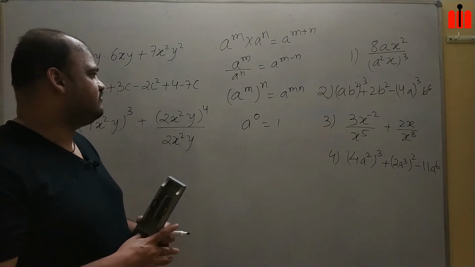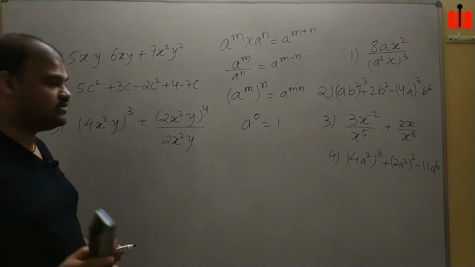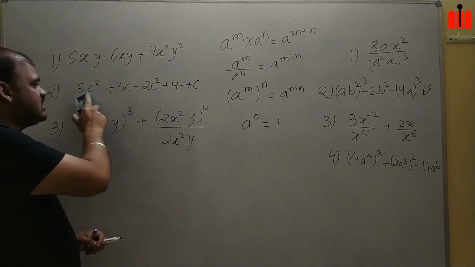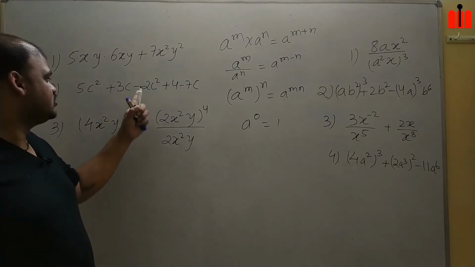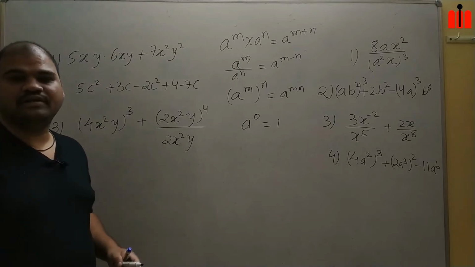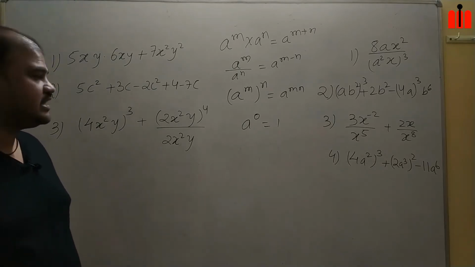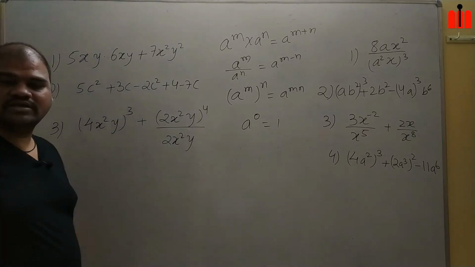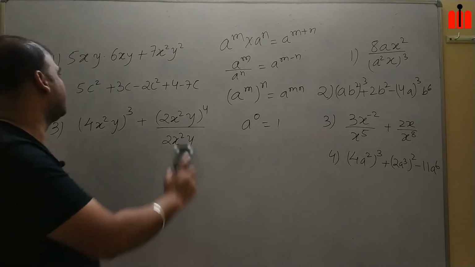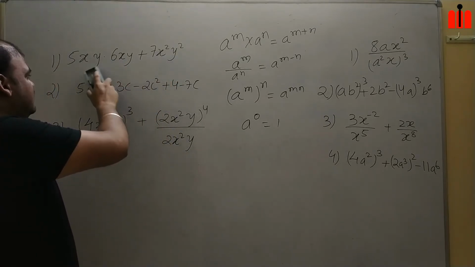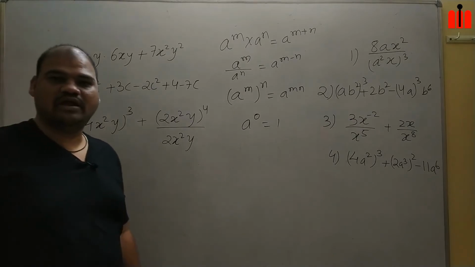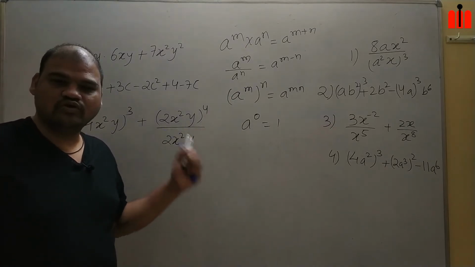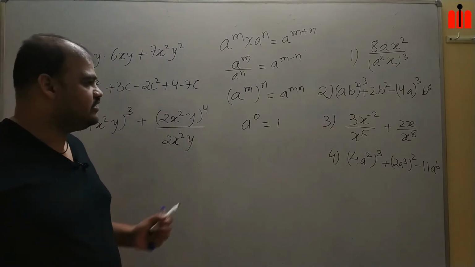Whenever there are the same powers, like here c square and c square in the second problem, these are known as like terms. So these can be added. We will discuss that once we come to the second question. But whenever such terms are there, those are all known as like terms. Here it is x square y square and this will become x square y square, so it will be a like term. Did you get it? So these are the things which we are going to use in exponents, and we will solve the problems.